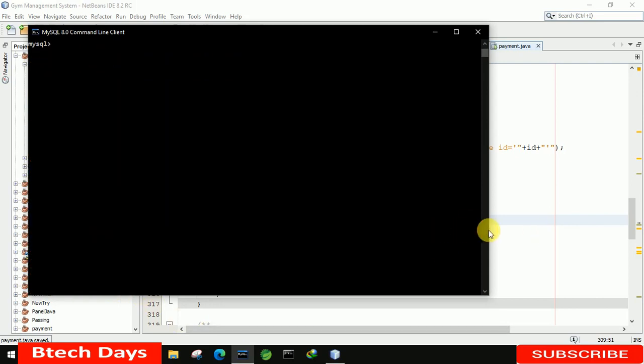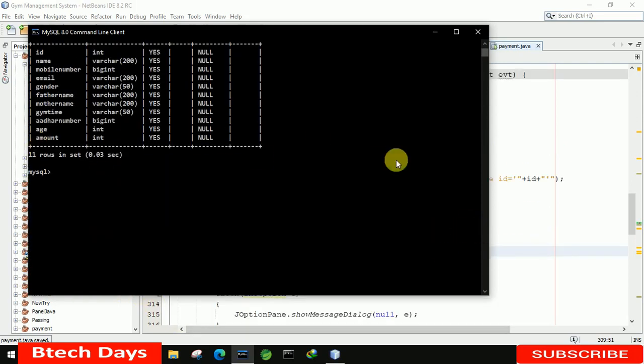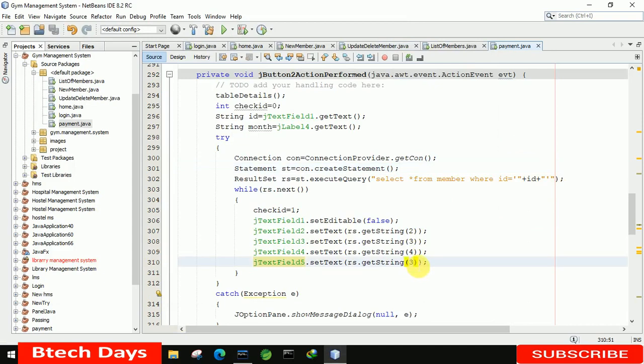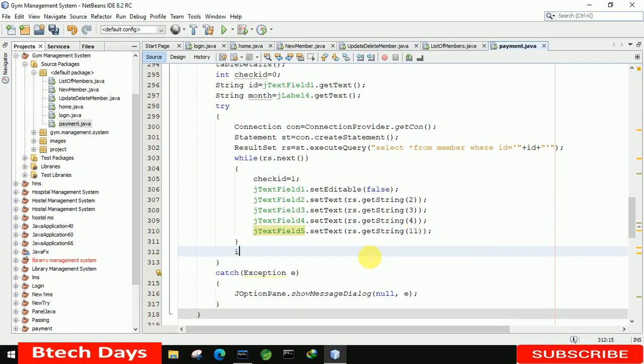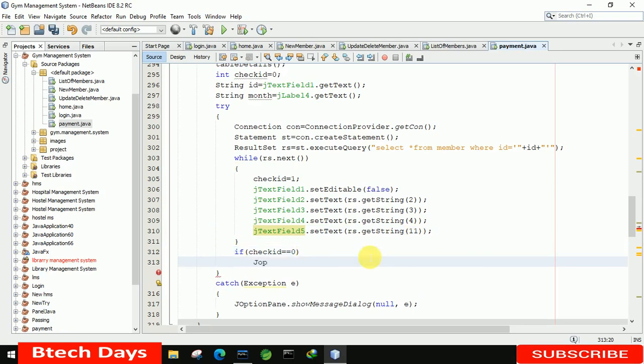Yeah, it's 11. Okay, so let's change here to 11. After that we have to check that maybe there's a condition that the id does not exist. So check id is equal to 0. In that case we have to display a message, JOptionPane.showMessageDialog null, and here we have to write member